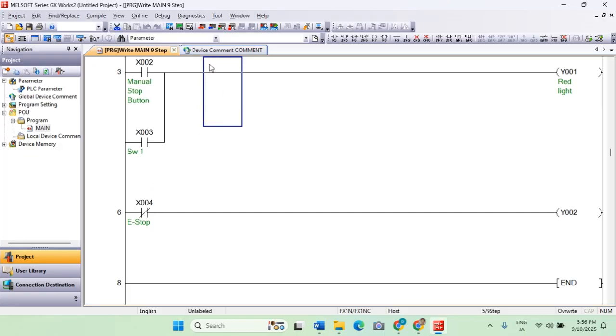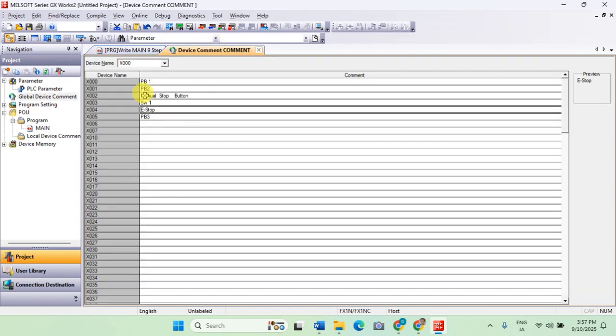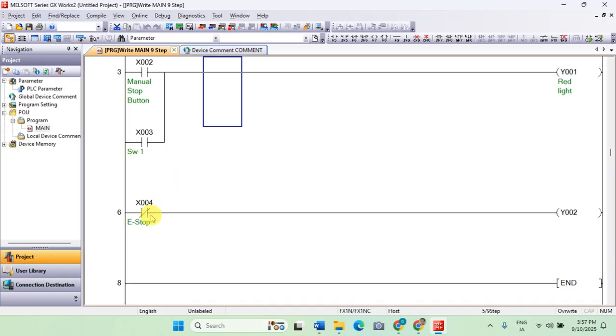So it depends on what you prefer. There are many different advantages if you initially put the device comment here, or you put the device comment every time you add a normally open contact or input device and also an output coil.